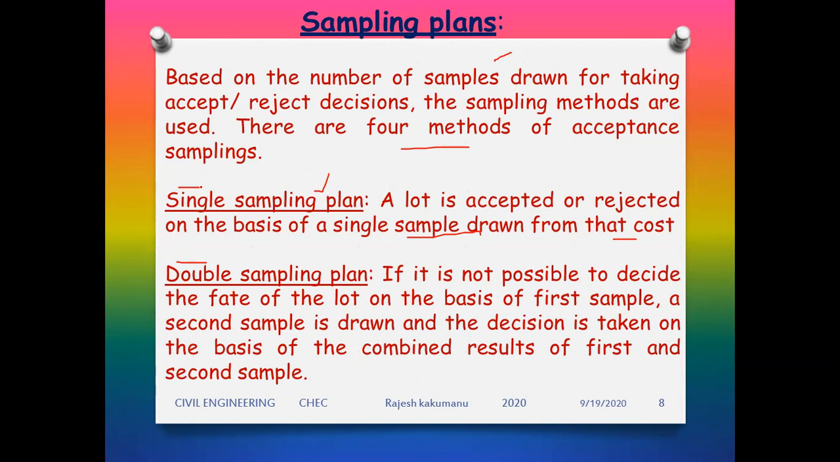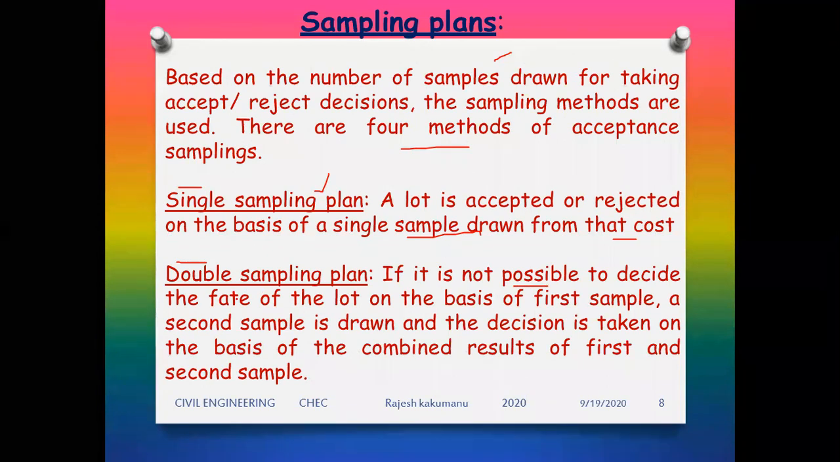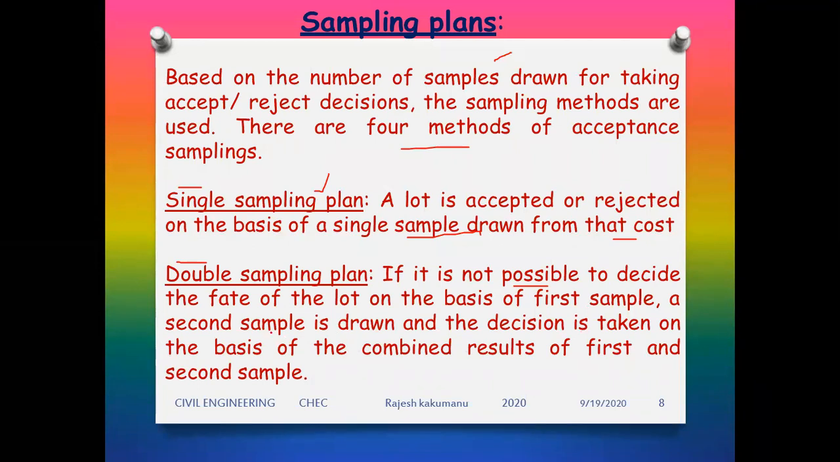Double sampling plan, what's happening here? It is not possible to decide the fate of a lot on the basis of the first sample. The second sample is drawn again and the decision is taken on the basis of the combined results for the first and the second sample. So if you go with a positive example,